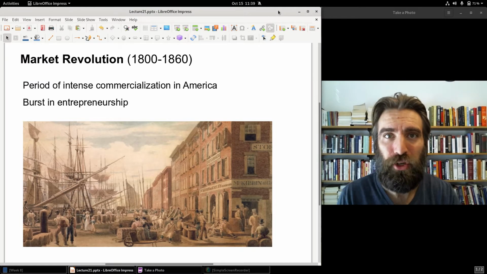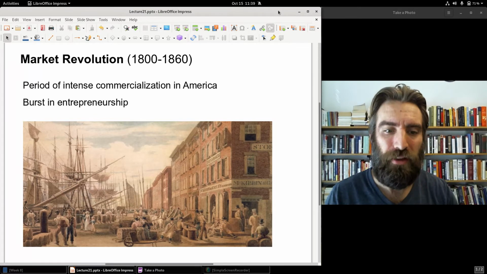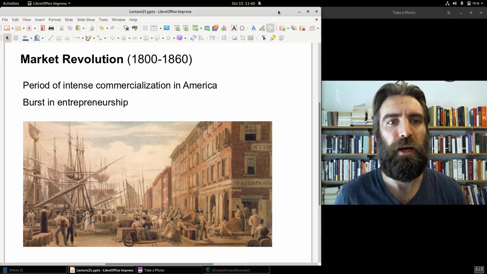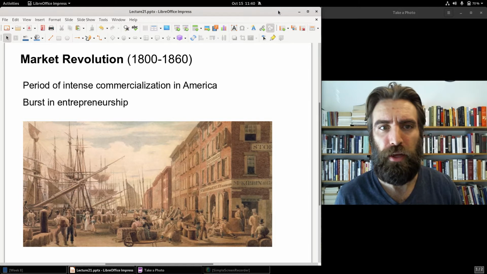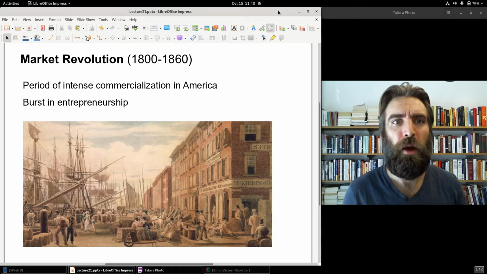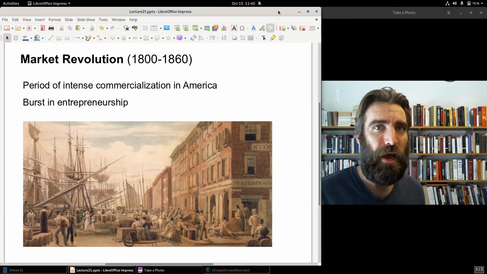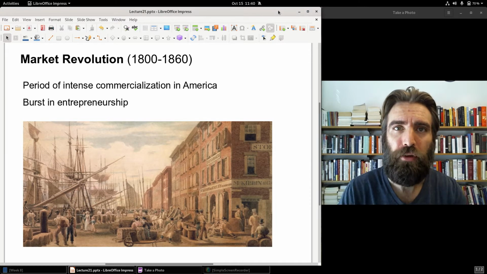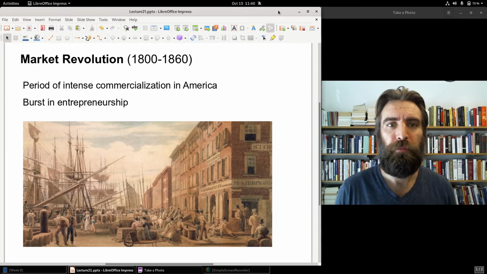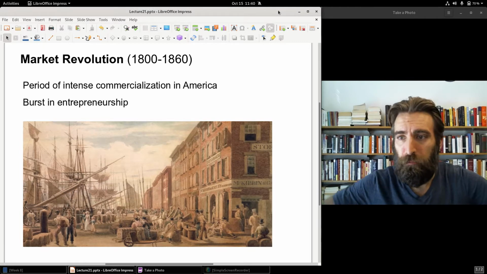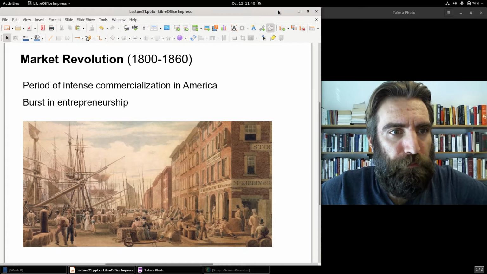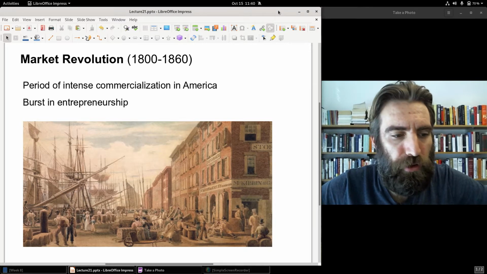This isn't a revolution in sort of the French Revolution sense, where there's a date where it begins and you can pinpoint 1789 as the exact date. No, not exactly. These are approximations. But generally in this first half of the 19th century, a period of extraordinary economic growth in the new American Republic. Intense commercialization,